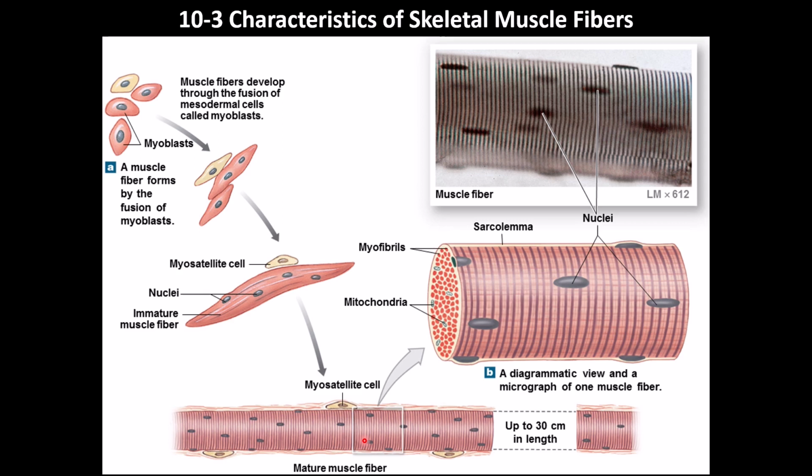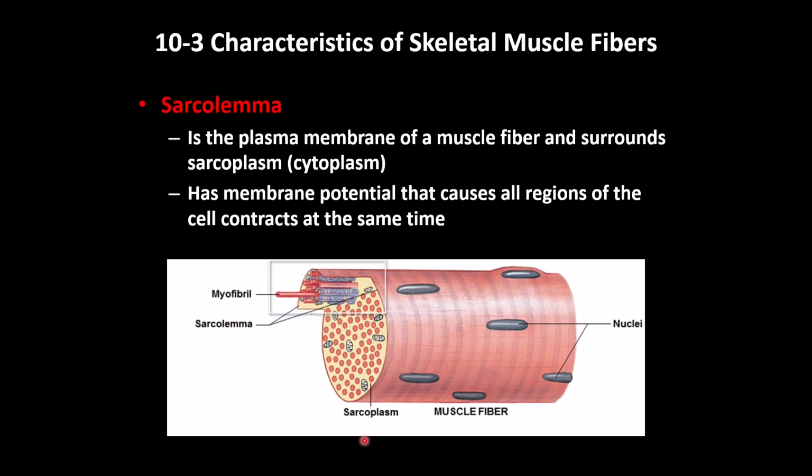There are some exceptions in the nerves, but muscle cells and nerve cells usually don't repair once they're damaged. So there are specific characteristics of the skeletal muscle. One is called the sarcolemma. The sarcolemma is the plasma membrane covering the cytoplasm, and the cytoplasm is called